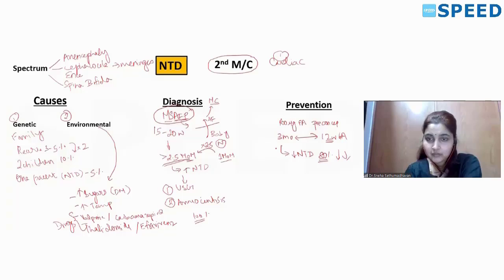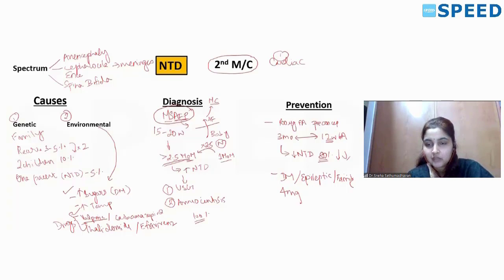Okay. For a patient with high risk, such as a patient with diabetes mellitus or taking anti-epileptic drugs. Now we saw that these are high risk patients, right? These are risk factors for developing neural tube defect, or family history. Any patient you think has already a baseline increased risk of having neural tube defect, you give them 4 milligram of folic acid so that they have a reduced chance of developing a baby with neural tube defect.